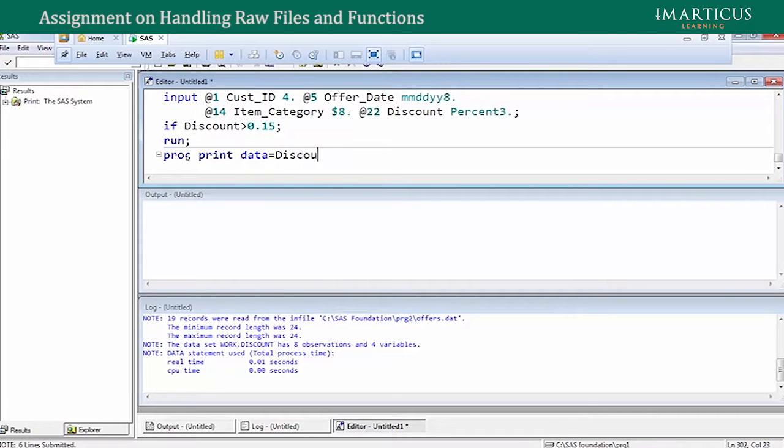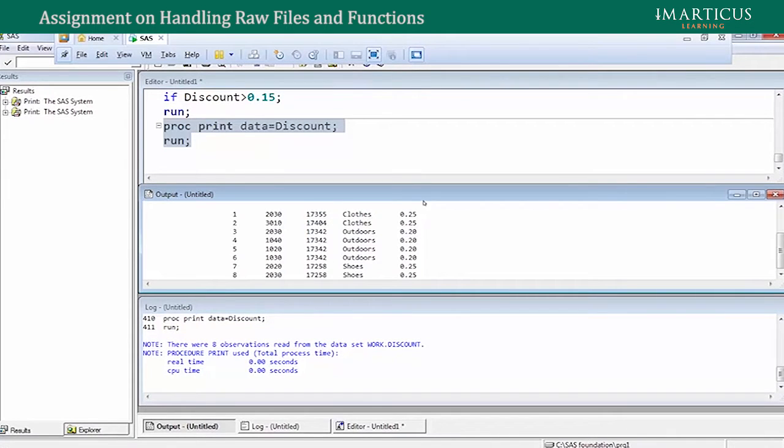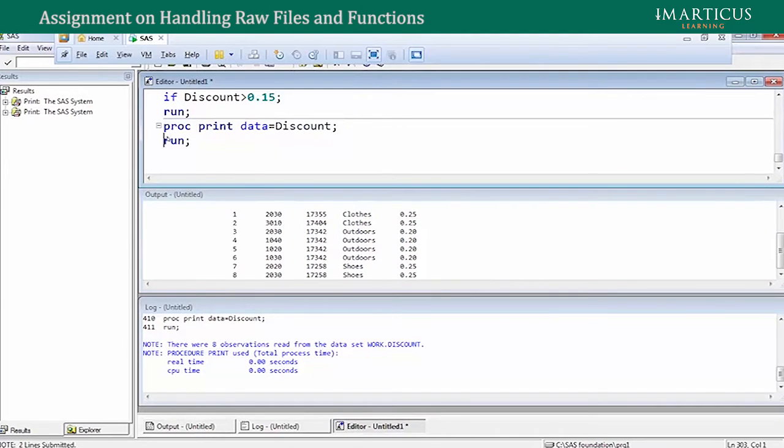Proc print data is equal to discount and say run. See, these are the discount values. So it seems only 8 observations are written, and if you see all these discount values, they are more than 15%. You can format the discount while printing just by saying format